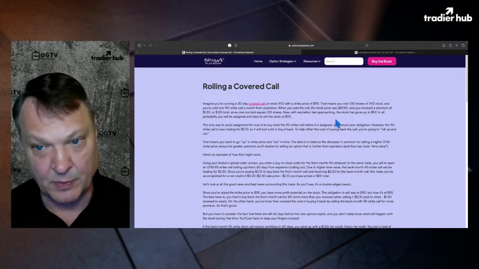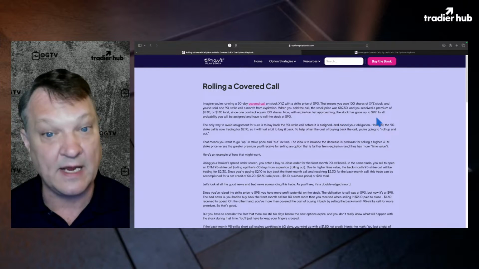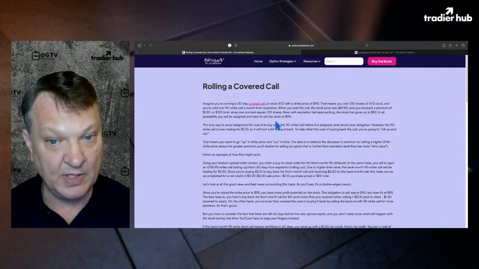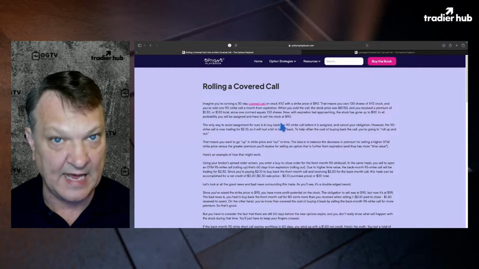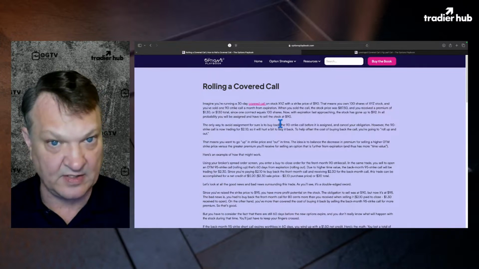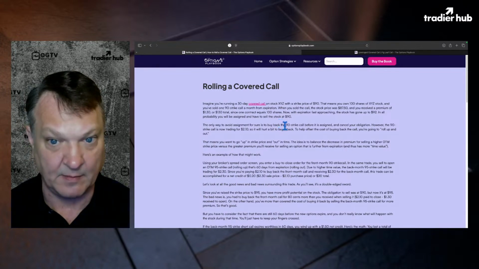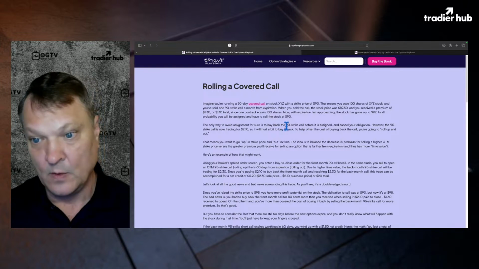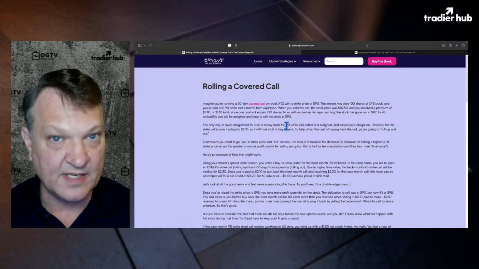Now, with the expiration fast approaching, the stock has gone up to 92. You'll probably be assigned, and you'll have to sell the stock at 90. You did not want to sell the stock. You wanted to try to avoid the assignment. Now, biggest thing, what are the odds of you getting assigned? Well,